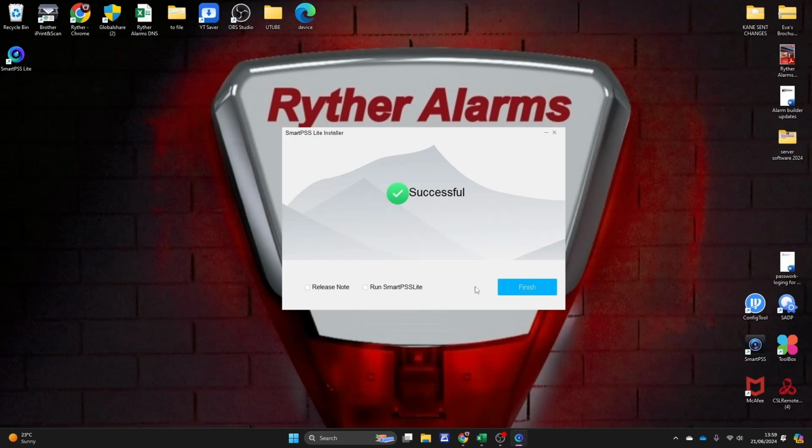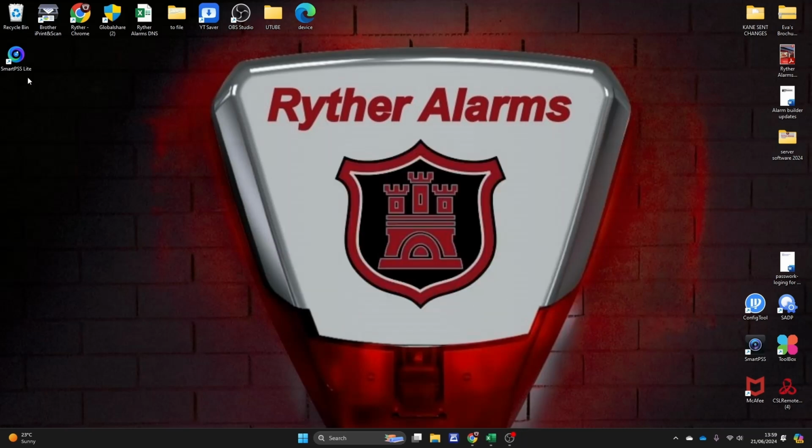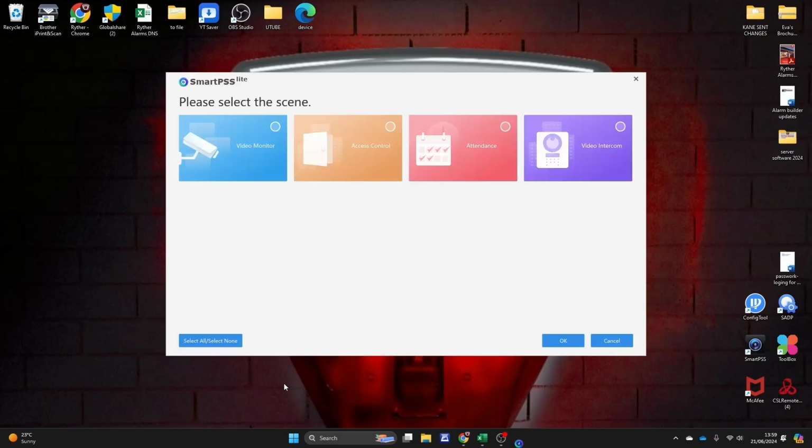So essentially we want to click finish because we've installed that, and then we've also got a nice lovely new icon on the desktop. So we're going to double click that and that opens up and it gives you just to click on what you need. So you've got video monitor, which is your NVRs and stuff like that, access control, attendance if you've got that functionality, and then video intercom. So it's still a very powerful bit of software, but in this instance, and pretty much 90% of my customers are just going to have the video monitor option, so we can just click that, click OK,